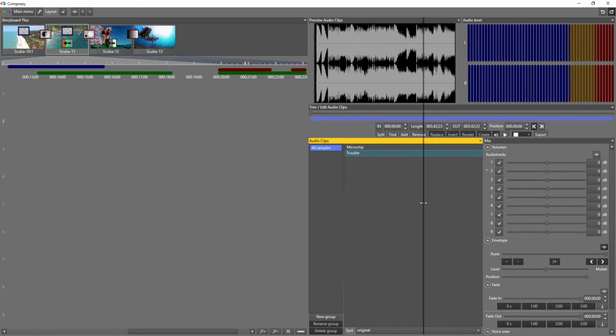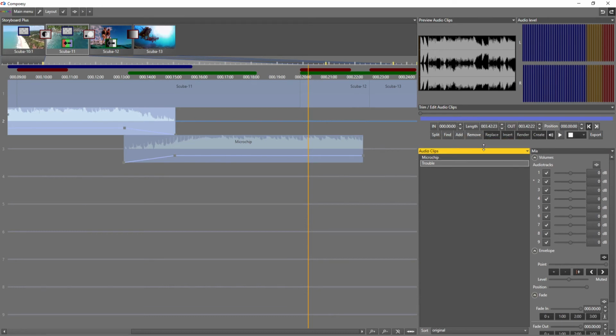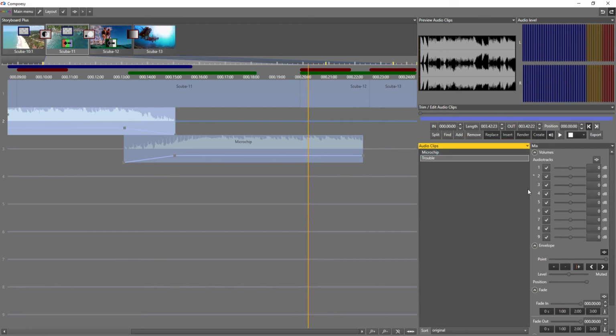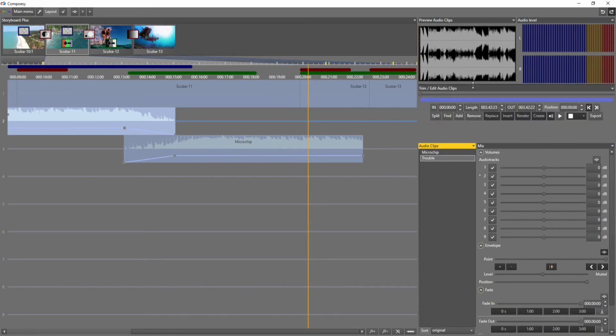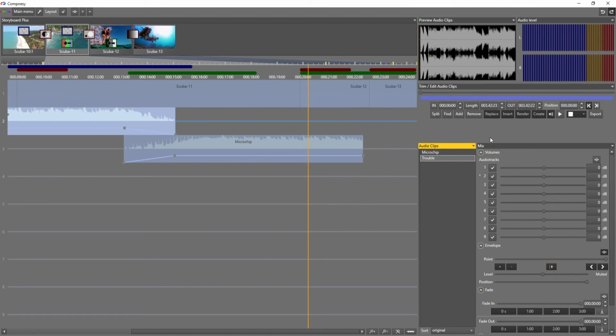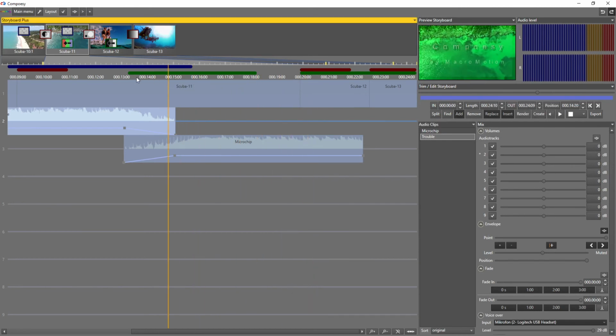We could then make this whole place a little smaller and reduce the groups. Now this looks nice for audio editing.